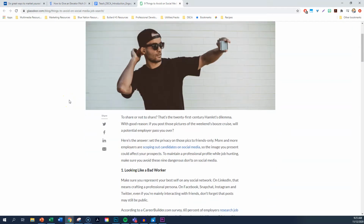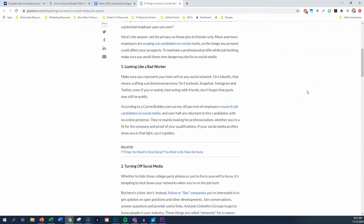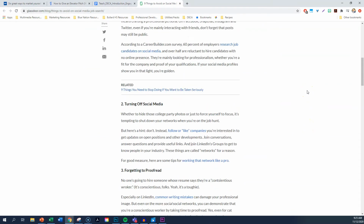We'll just go through these quickly because I know you guys know how to read and you can read through the details. So 1, looking like a bad worker. Number 2, turning off social media. So I've seen that happen too as a hiring manager. When you find an employee that has zero social media, that's actually kind of a red flag, and there are ways with different softwares where you can find